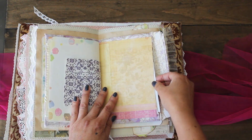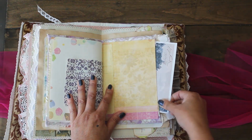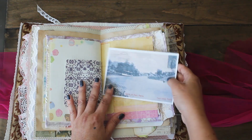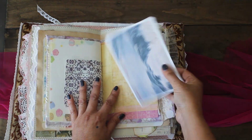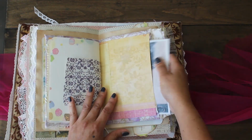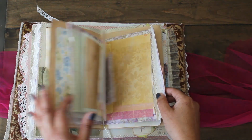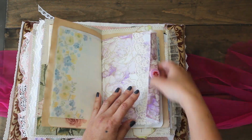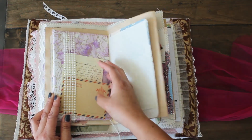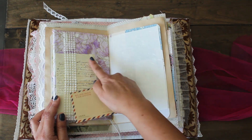We have a little pocket here, definitely can collage or write. And then we have a postcard that you can write on. So it's a faux postcard. I printed an old image from 1908 on it. And then when you're done, you can definitely post that. On the flip side, we have a cute little pearl trim belly band here with some paper that